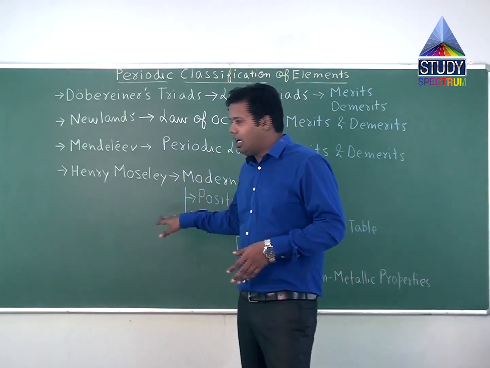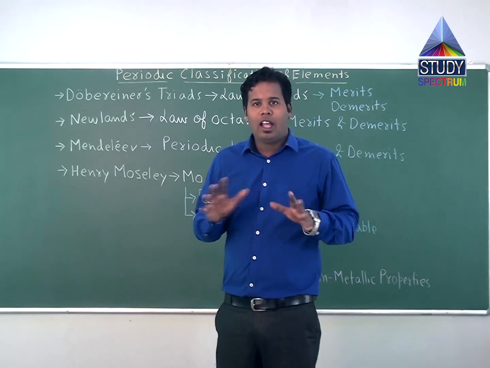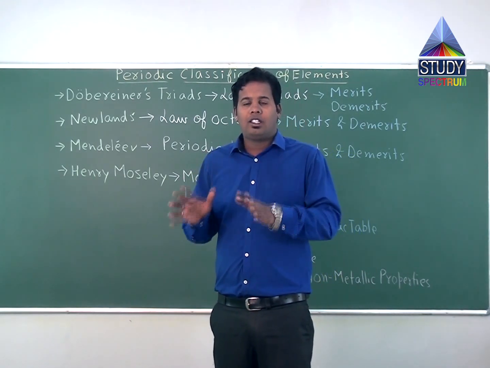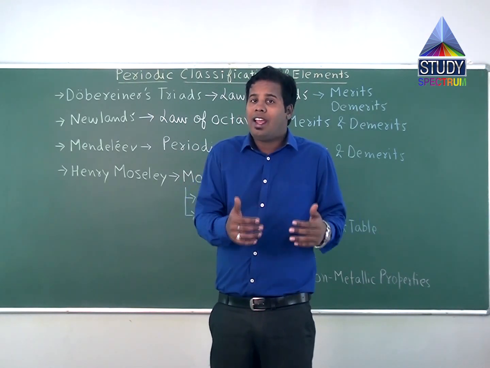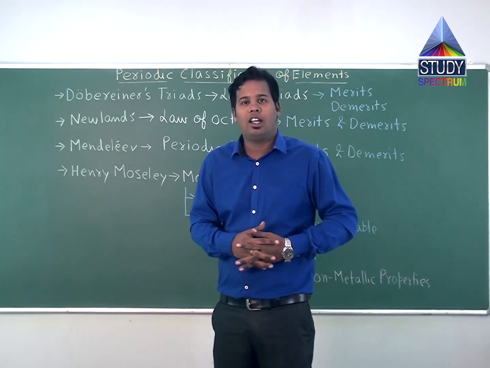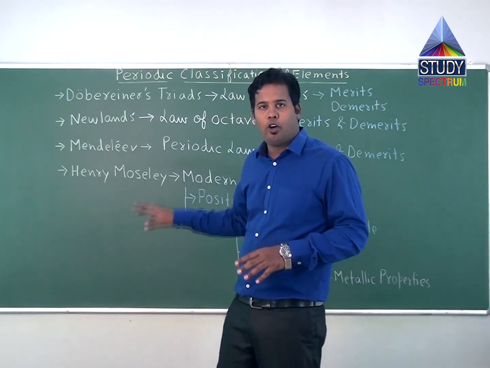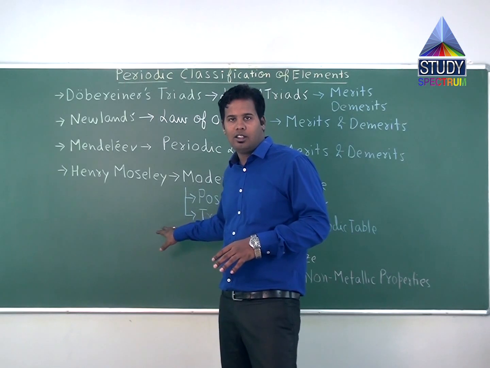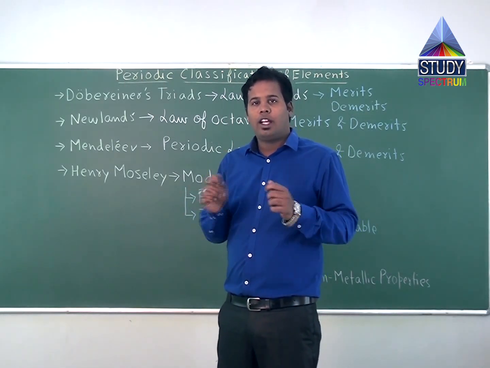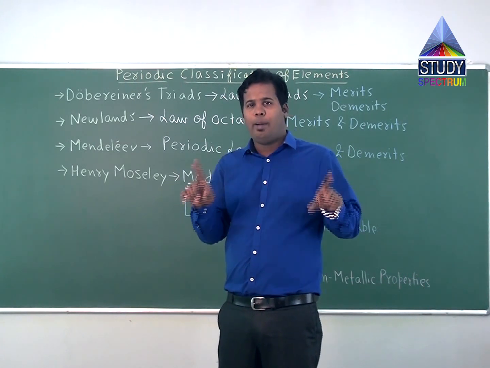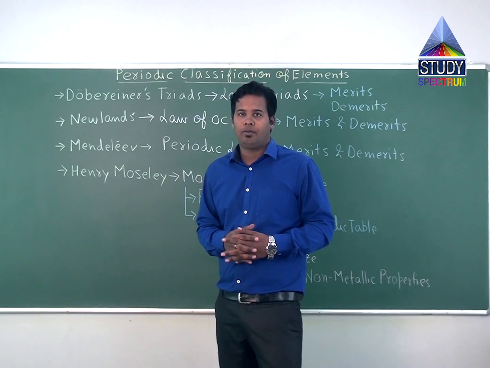Correct? Similarly, as elements were being discovered, scientists thought that it is a requirement that we should classify elements according to their physical and chemical properties, which all these three scientists also attempted before the modern periodic table came into existence. It is very important to classify those elements so that we can easily pick them, or it looks better if we arrange all the elements in some sort of pattern.